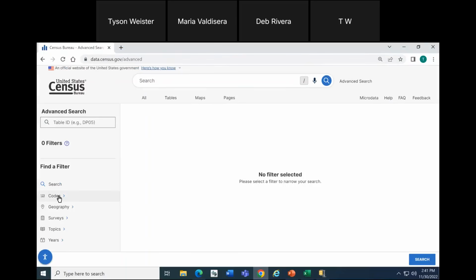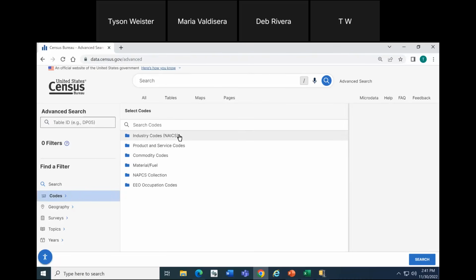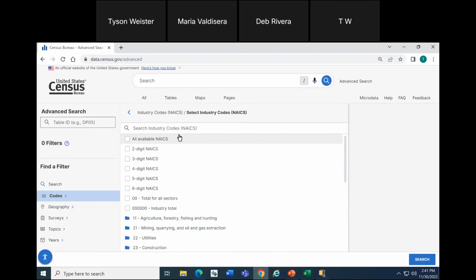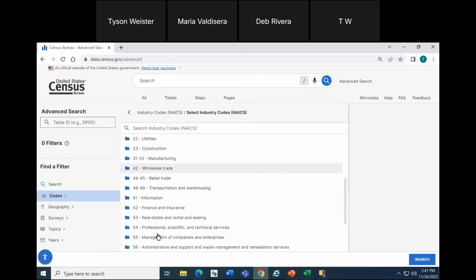You can use the filter panel on our site to explore the options that are available to you. We're going to walk through that process on the left-hand side under Find a Filter. Click Codes. We're going to choose Industry Codes, NAICS. And from here is where you can start exploring the categories. They start high level and get more detailed as you drill in.